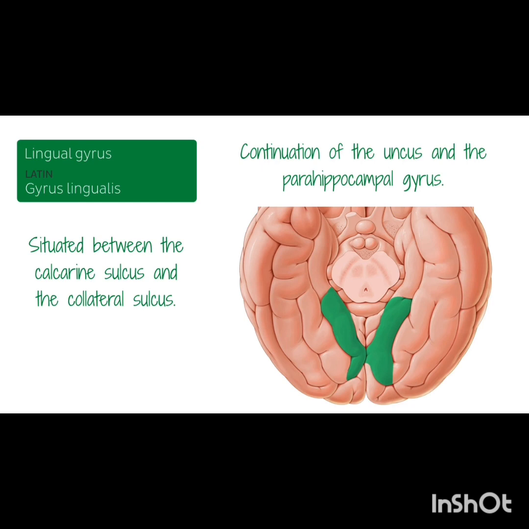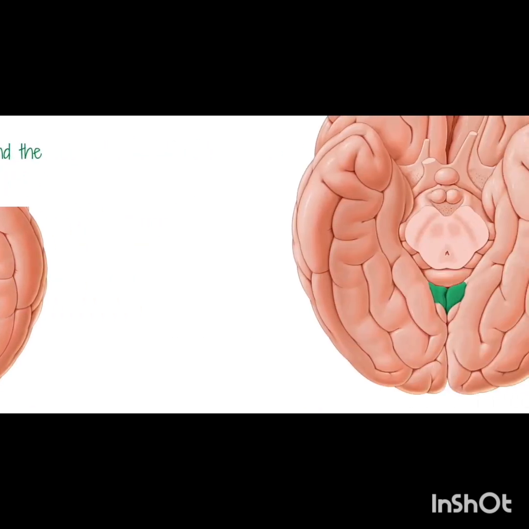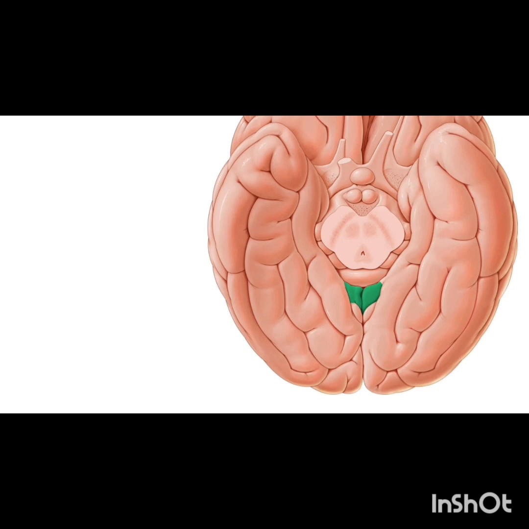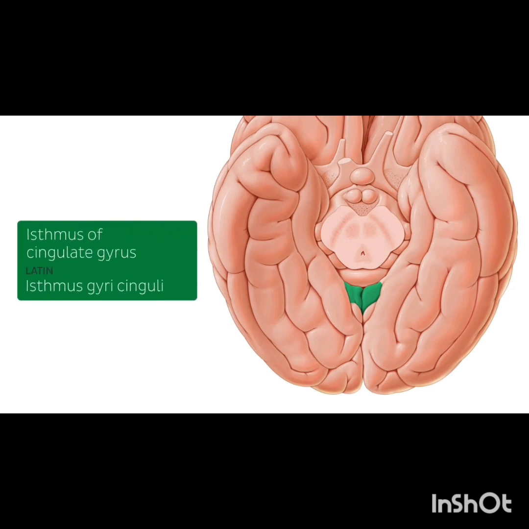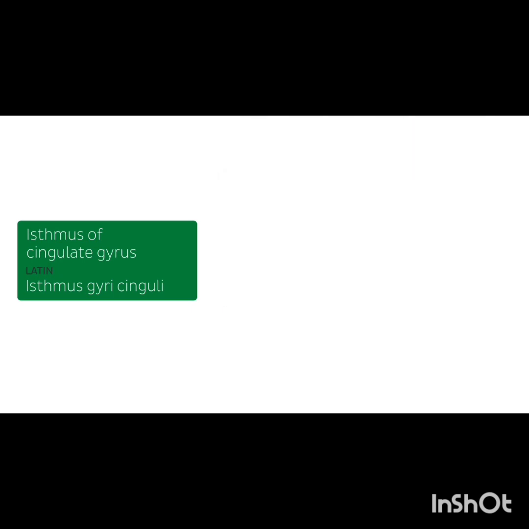Now, this gyrus is thought to play a role in encoding of visual memories. Now, closer to the midline, we see this structure here highlighted, which is known as the isthmus of the cingulate gyrus. Now, the isthmus of the cingulate gyrus, as you can see in this illustration showing the mid-sagittal section